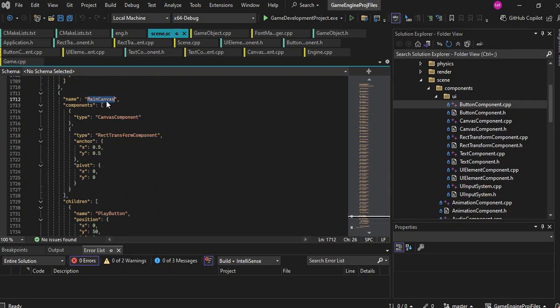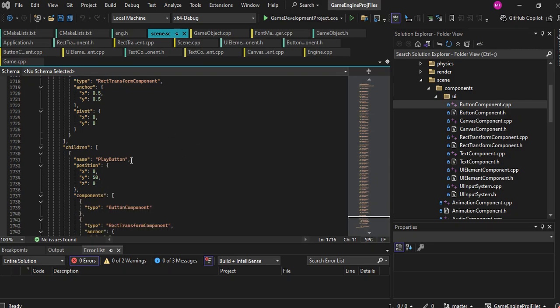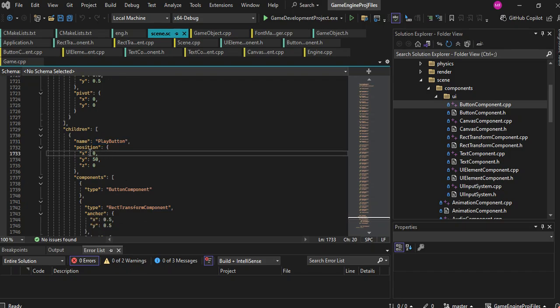It's got a main canvas. It's got a canvas component. And is this the... Oh, it's not highlighting it. Oh, that is highlighting it. It's components, and then the children, yeah. So the canvas component is basically the root component for all UI objects, and everything under that gets rendered as a UI element component. The children that we've got, one of them is the play button, and you can see here what I was talking about before, as in it was